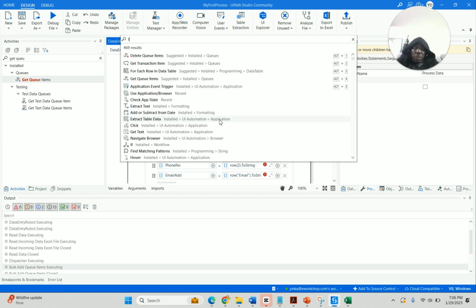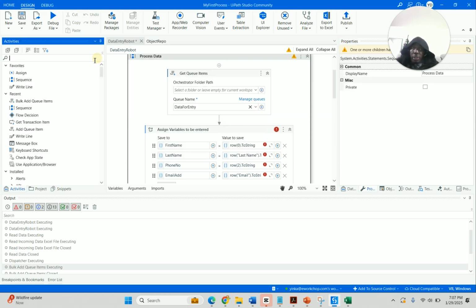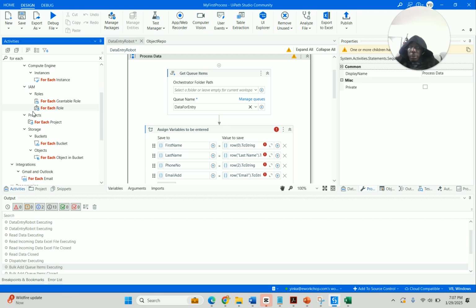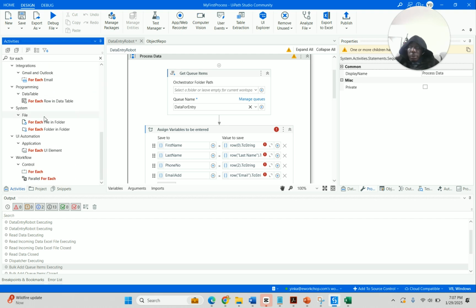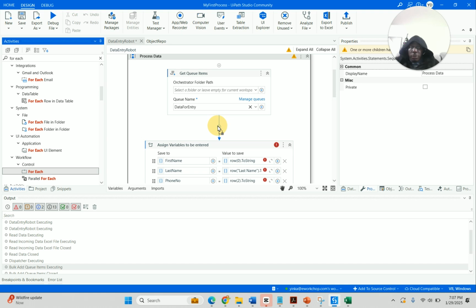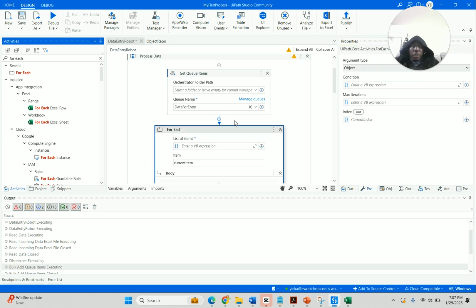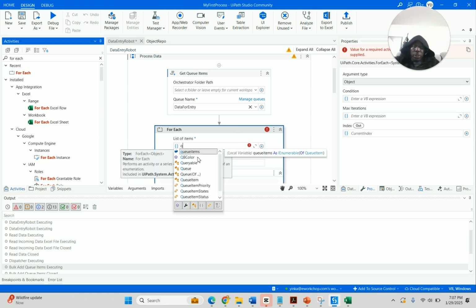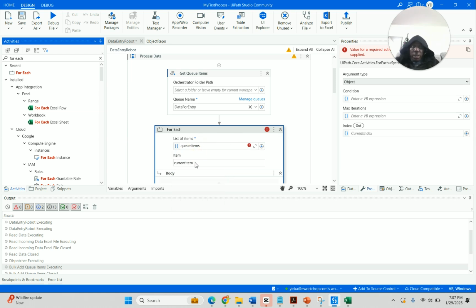That's where we have a For Each coming. I think I better search here. Again, you've got to click on activities and then use the For Each control. This For Each, this one here, you drag it above this. And then for each queue item, we just get the queue items, I would say,